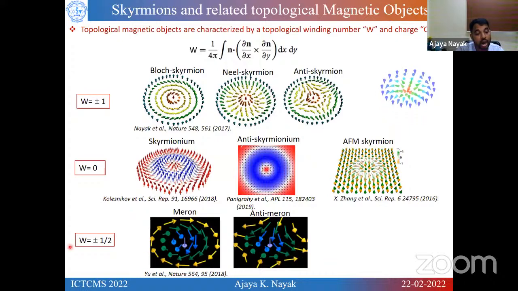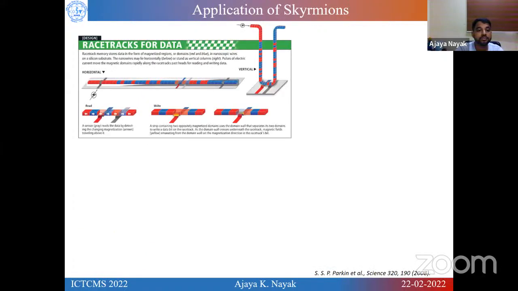And people have also found winding number one-half. They are called merons and antimerons. So these are some of the topological objects people have found in the field of skyrmions. So why are skyrmions so important? In 2007, Stuart Parkin proposed a new kind of